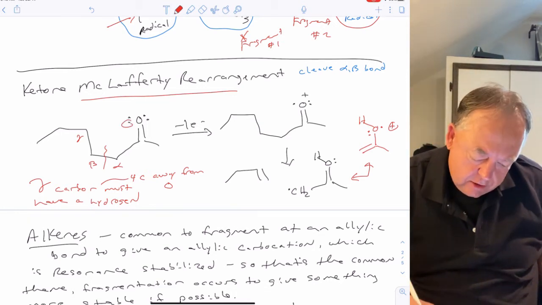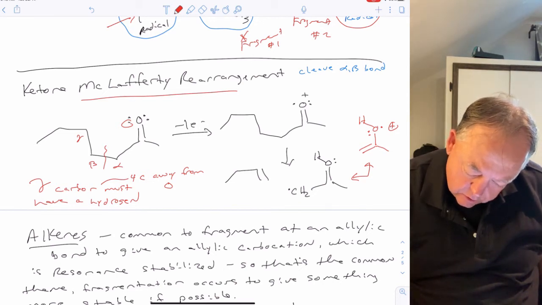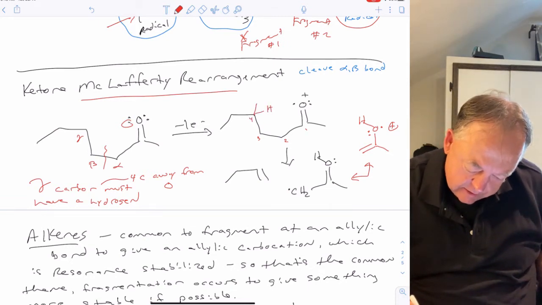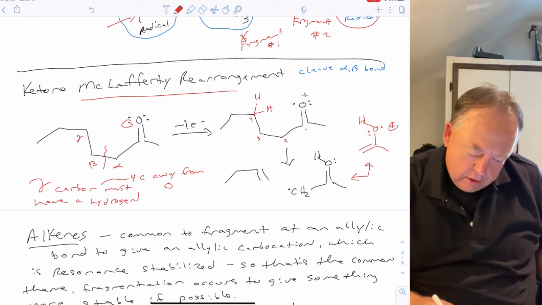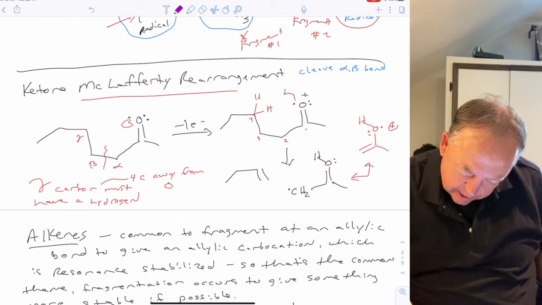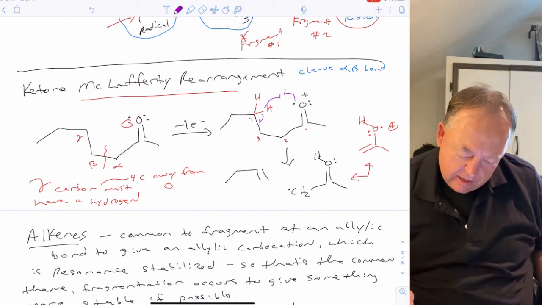If we count 1, 2, 3, 4 carbons away from oxygen, and sketch these hydrogens out, then what can happen is oxygen takes a hydrogen atom, and the other electron in the C-H bond we move down to make a double bond there,